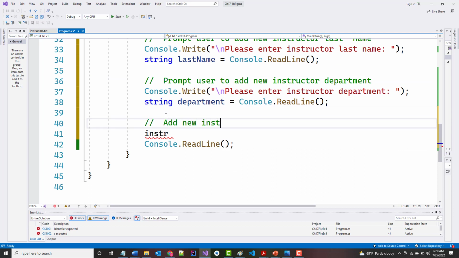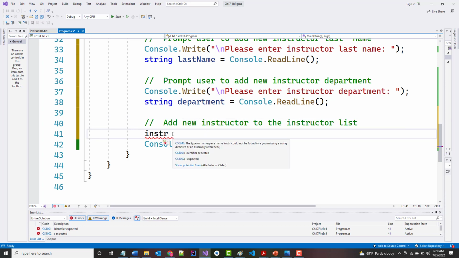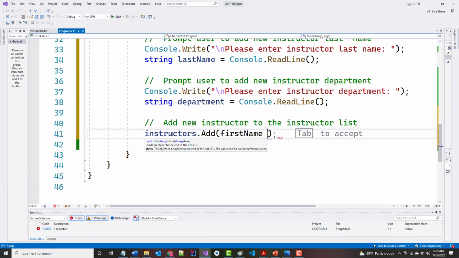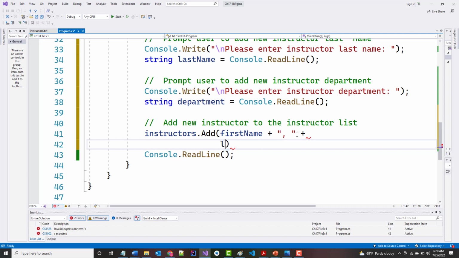Now, add the new instructor to the instructor list. So instructors dot Add, and we'll have to add what? The first name plus, and let's try to pretty it up a little, and let's put this over multiple lines so you can read all of it. The last name plus